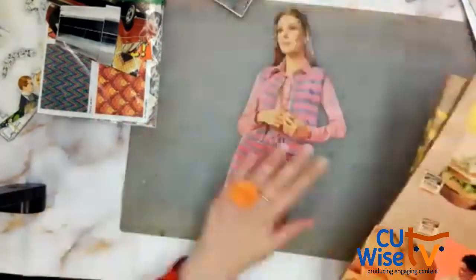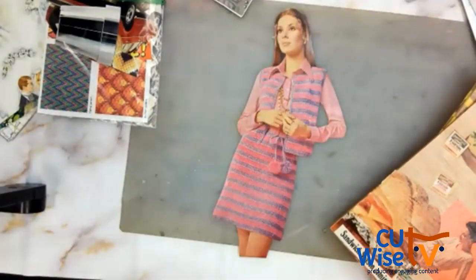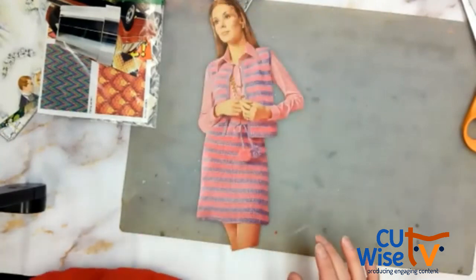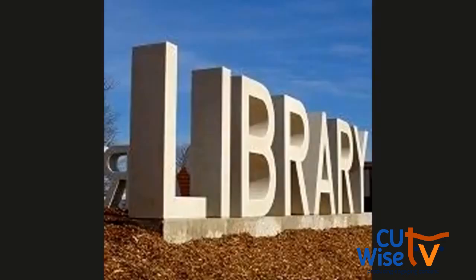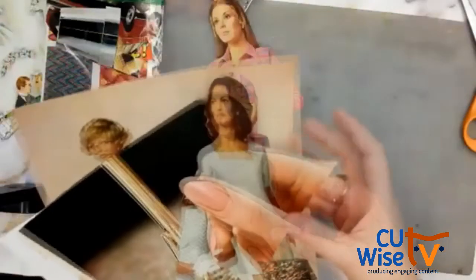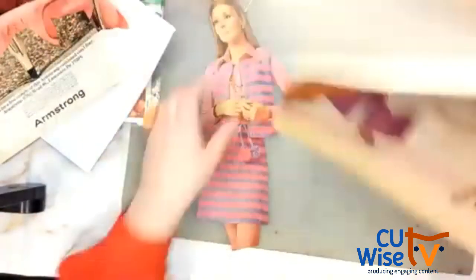So when I'm starting with this 60s lady, I'm thinking, what kind of environment is she going to be in? Maybe she'll be in a sandwich. Maybe she'll be out in nature. I don't know yet. What I'm going to share with you is also how you achieve that look where something is in front of something else. I don't know what happened to my screen here. So as an example,